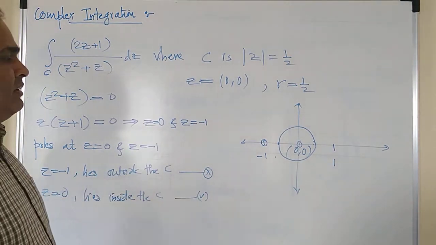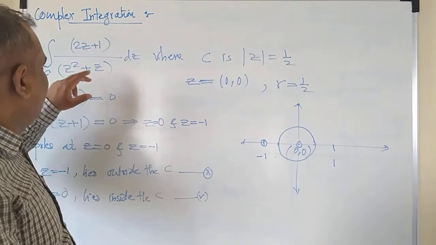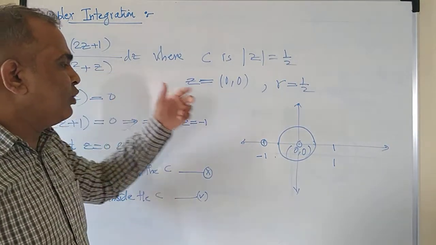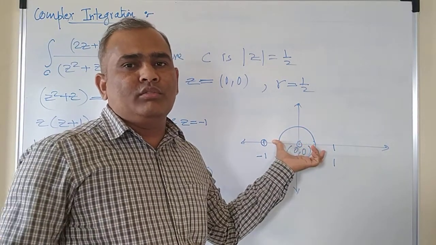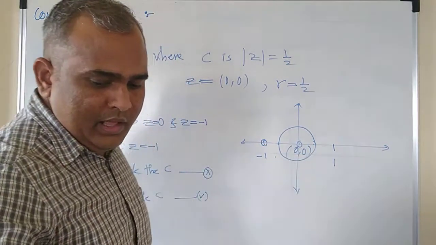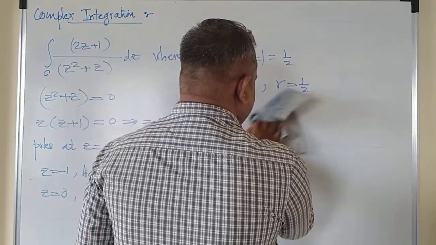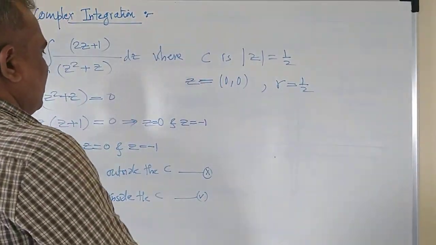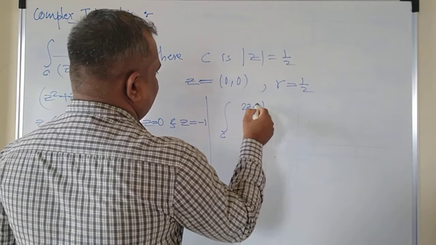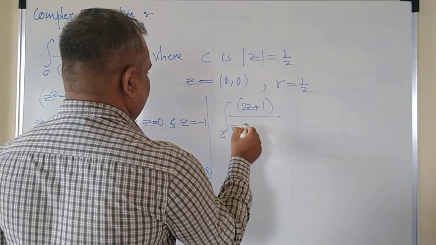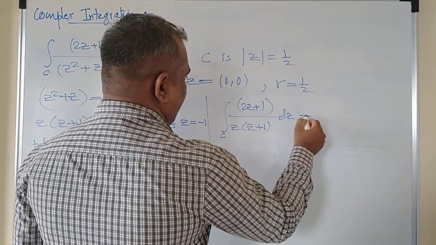Now the next step is how to solve the given integral, right? If in some example all the singular points are outside the given contour, it means that the value of that complex integral is equal to 0. You need not solve the problem, right? Now let me solve that problem here only, and this gives me the complex integral over the contour C of 2z plus 1 divided by z into z plus 1, I will write its factors, into dz is equal to.